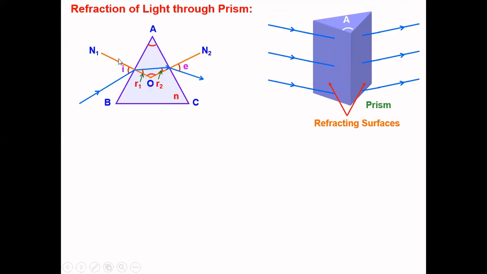Here the meeting point of the two normals, I am considering as O. Next, if we extend this incident light ray, we get a dotted line, because it does not actually exist. And this emergent light ray also I am extending. The angle between these two we will consider as the angle of deviation. That means the light ray was supposed to move in this particular path, but it is finally moving in this way. How much it is deviated from its actual path can be found based on this angle. So that is the angle of deviation, small d I am indicating.